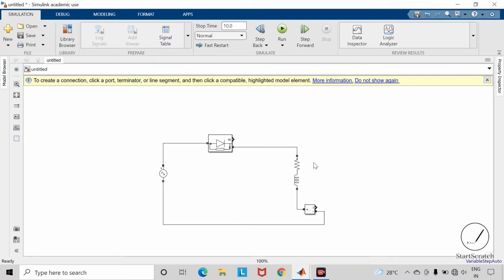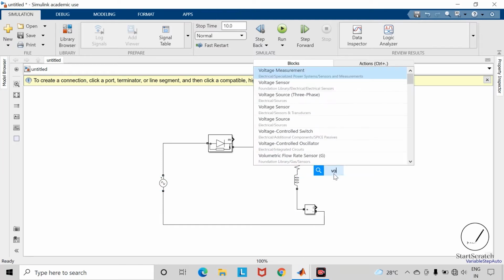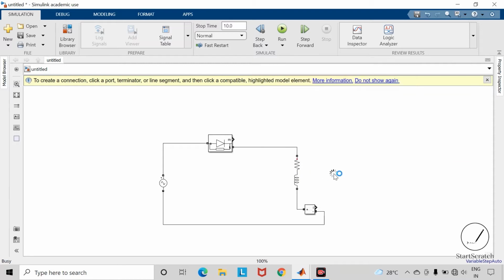To measure the voltage across the load side and supply side, we will take voltage measurement block. Copy the same block here as well. Also connect this voltmeter across the load side.